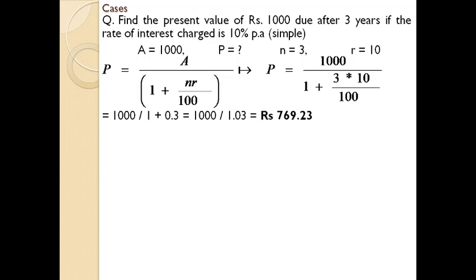So the present value of 1000 after 3 years will be 769.23. That is the concept of present value factor on the basis of time value. Next case,